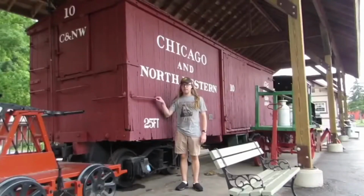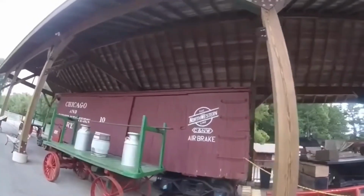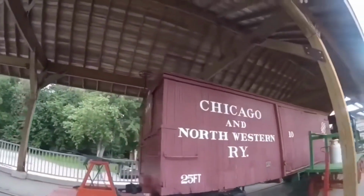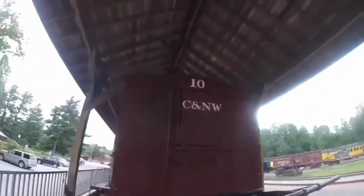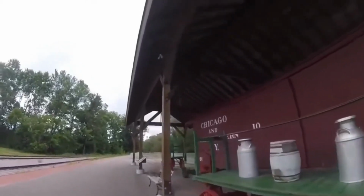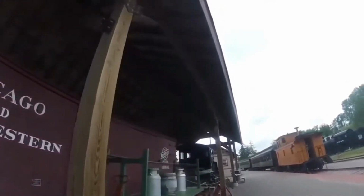What you see right behind me is Chicago and Northwestern 10. Chicago and Northwestern 10 was built around the 1800s and is a boxcar. This car was built for 36-inch gauge rails. It had been used on the narrow gauge Chicago and Northwestern line and used for hauling cargo on board, such as wooden barrels, and was one such boxcar of the fleet, and it possibly was built before the turn of